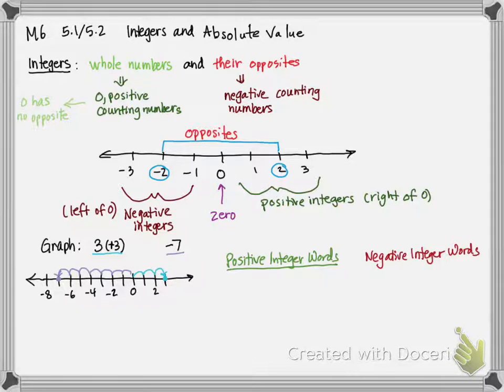So when you hear these words, they're either going to tell you, oh, that's positive or that's negative. Okay, so here we go. So under positive, we have words like above, like we're 12 degrees above 0, gain, profit, making money, deposit, yeah, that means you have money in your account, increase,